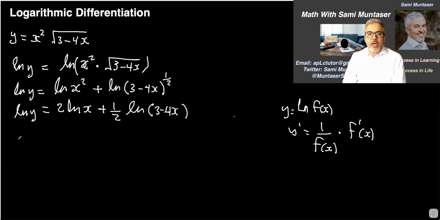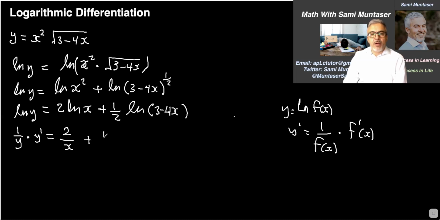So now I'm gonna start differentiating, and here is the differentiation for the ln. If y equals ln f of x, then the derivative will be 1 over f of x, and you still have to do the chain rule where you do the derivative of f of x, which is f prime of x. So here, this will give me 1 over y times the derivative of y, so dy dx, or y prime, equals, this will be just the derivative of ln x is 1 over x, so we're just gonna write 2 over x,